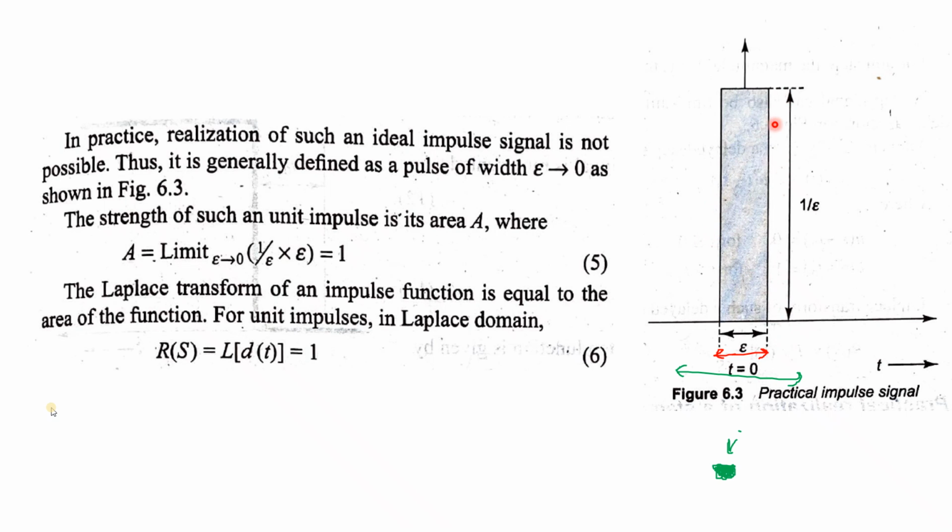Okay, and height is 1 by epsilon. So what is the area then? Epsilon into 1 by epsilon, that is 1. So the strength of such a unit impulse is 1. That is why when you find the Laplace transform, you will get 1. So in the Laplace domain, the input is 1. That means in time domain,